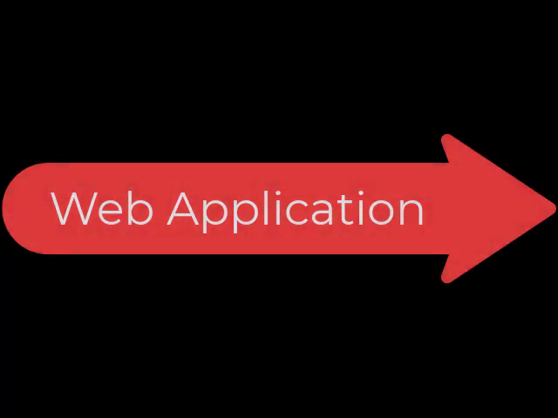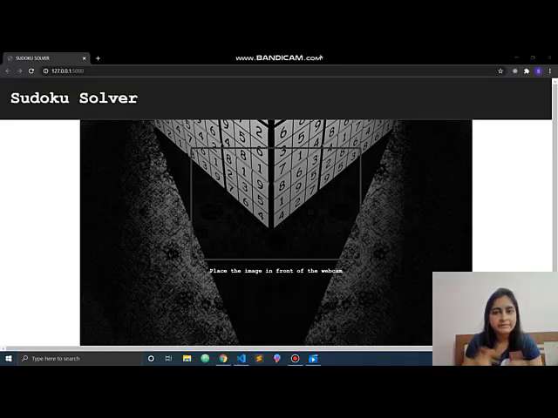Hi guys, this is Shubhangi and here is the final web app. As you can see, this is the front end and this front end has been created using simple HTML. About the backend, I have created the backend using Flask, but before creating a Flask server, I have created a class that has been used in creating a camera object that will be rendering everything that has been captured by the webcam. So coming back to the server, I have created two routes. The first route will be rendering this home page and the second route will be used in rendering everything that is being captured by the webcam.